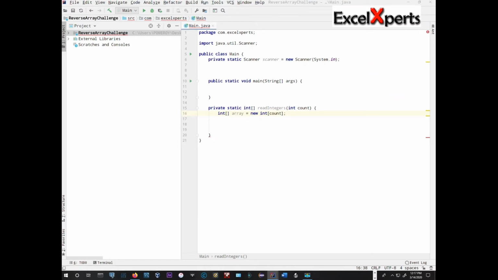We will create a loop to read the count number of integers from the console. So for int i equals 0, i is less than array.length, i++. We will request and retrieve an integer from the console and then store it in the array in position i. So System.out.println, enter a number, scanner.nextInt, and then store that in array position index i. We need to always handle the enter key when we're doing a scanner entry. So scanner.nextLine,